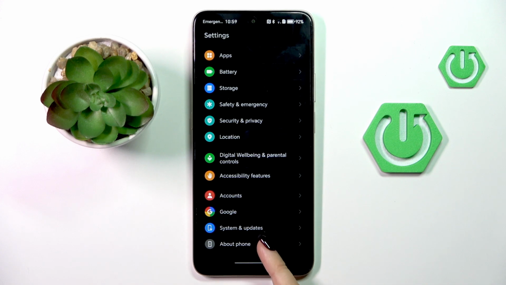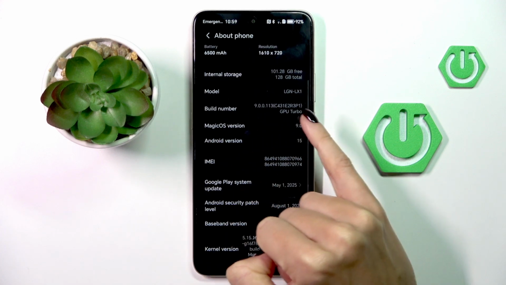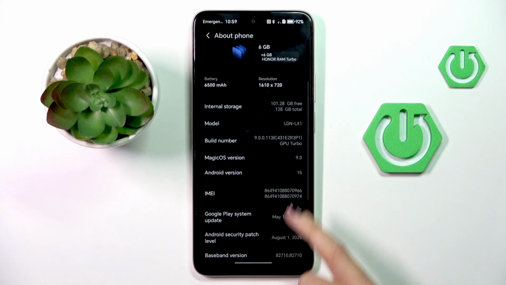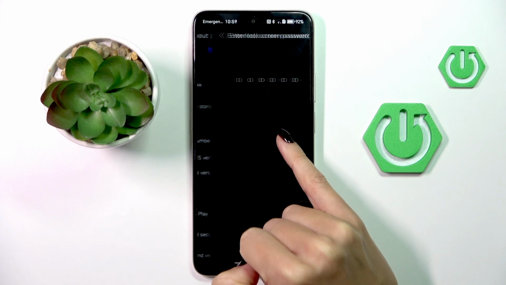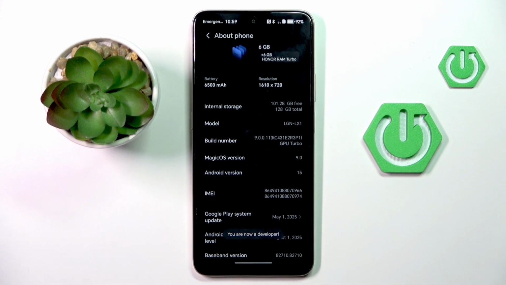Let's go back and enter About Phone. Here you have to locate build number. It's actually at the top of the list. Tap on it 7 times. Then enter your PIN code, password, whatever you use, and as you can see, from now on you are a